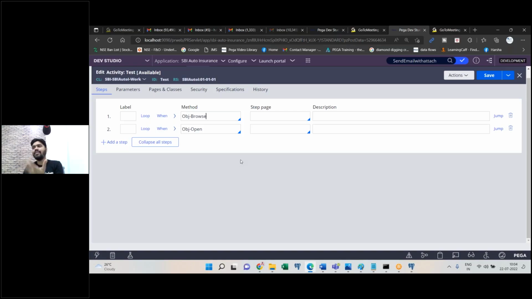I'm not saying forever you will be using only those 30%, because all of these rules together will be your project. As a developer, you will not be given every requirement to work on every other rule. There will be tech leads, team leads, developers, junior developers. As a senior developer, you might be given a task related to activities, data transform, decision tables, declarative rules and all. As a junior developer, he will be asked to create sections, flow actions,